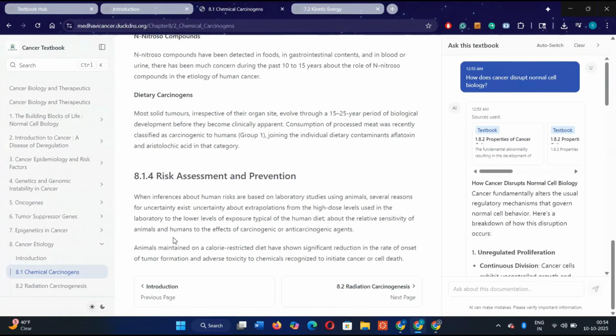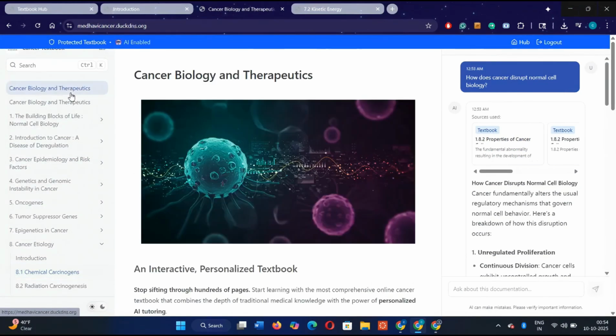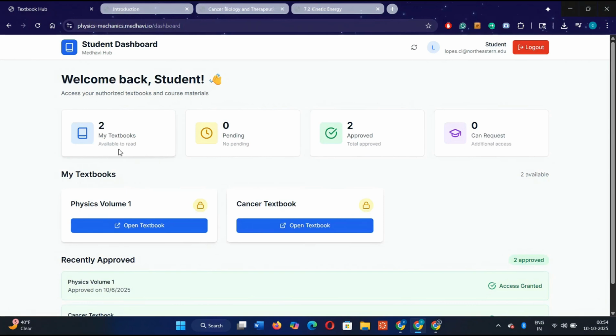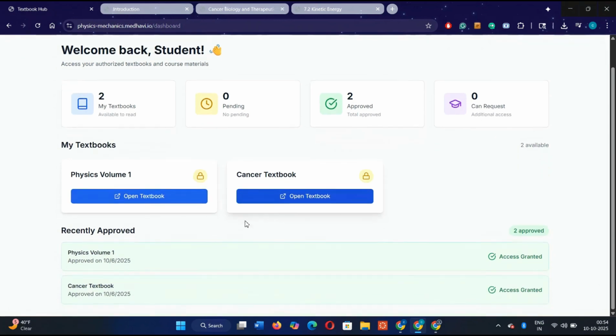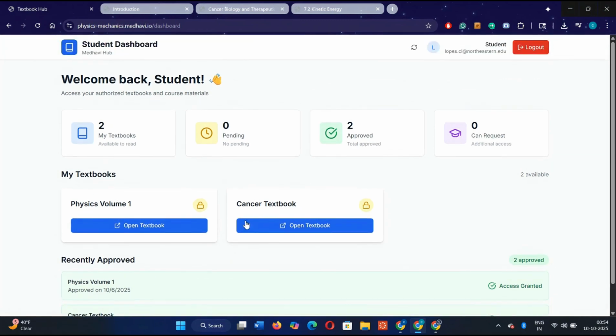Create your account, request access, open your textbook, and learn faster with an AI assistant that cites its sources, remembers your context, and helps you master each chapter. One clear answer at a